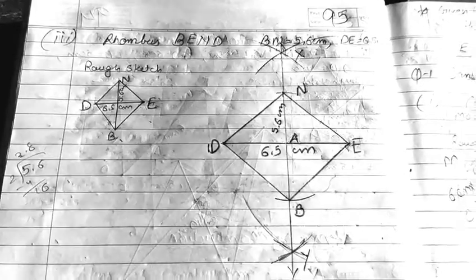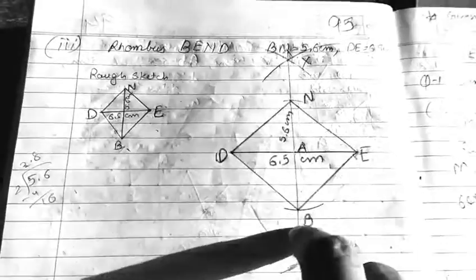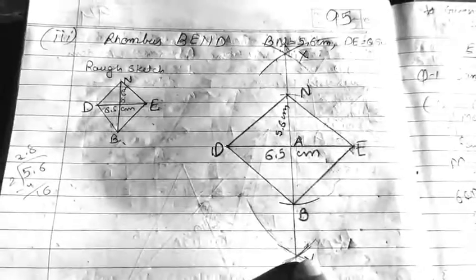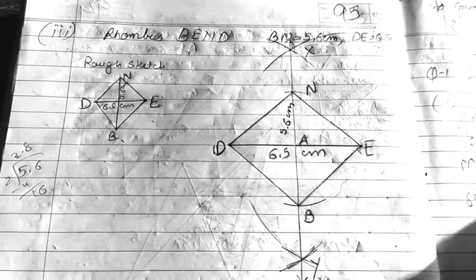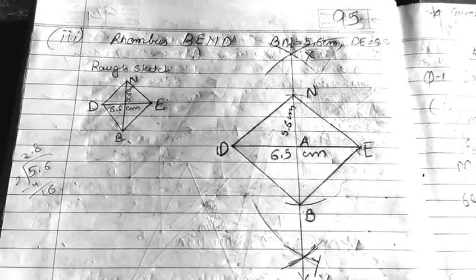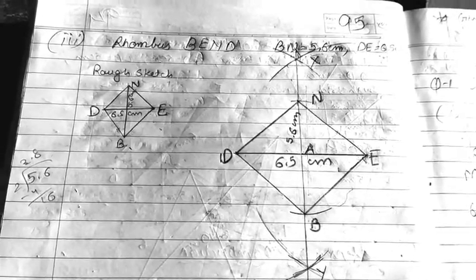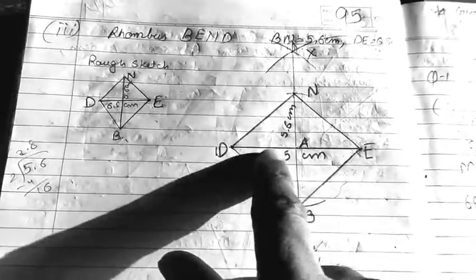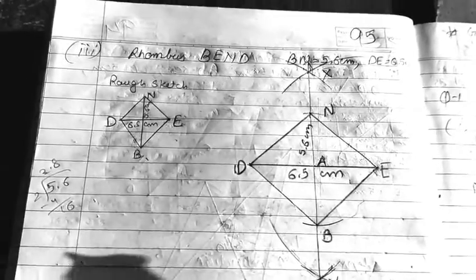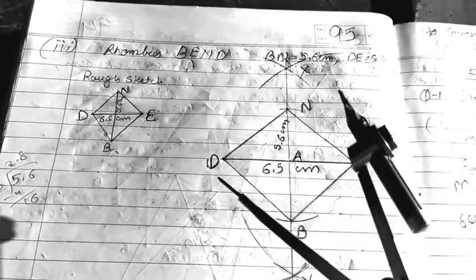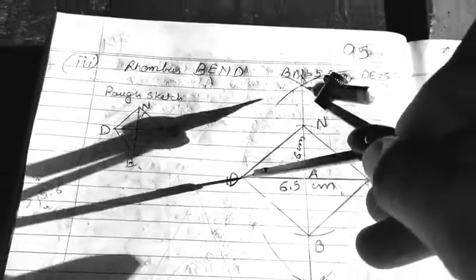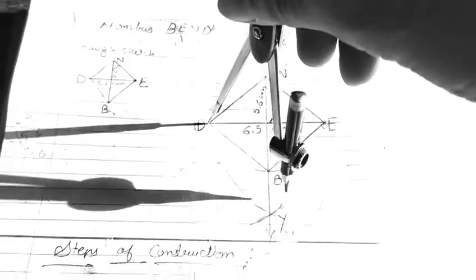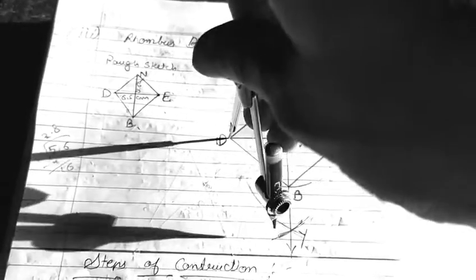Now after doing such, try to draw the perpendicular bisector, meaning this straight line. We know that in a rhombus and square the diagonals intersect each other at 90 degrees. It is known as the perpendicular bisector. So how to construct this straight line which cuts this base at 90 degrees? You have to take one length with this compass, place it on D, and draw an arc to the upper half plane of DE and to the lower half plane of DE.